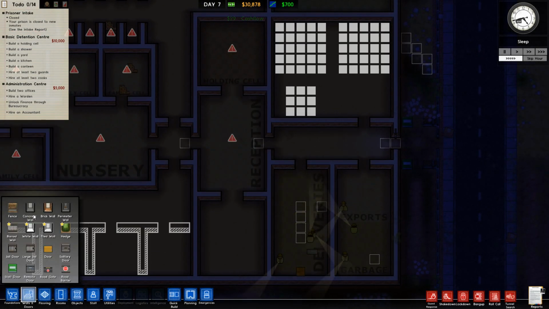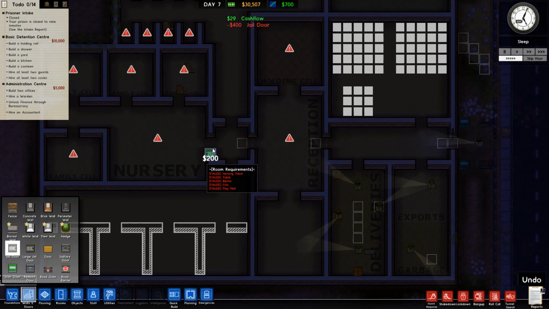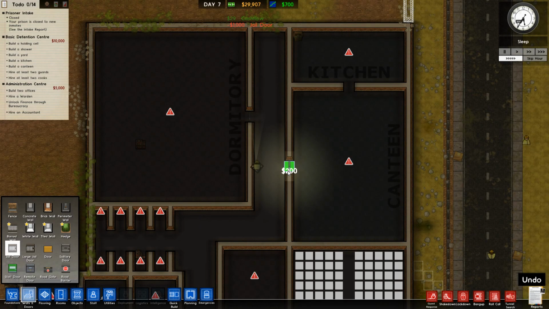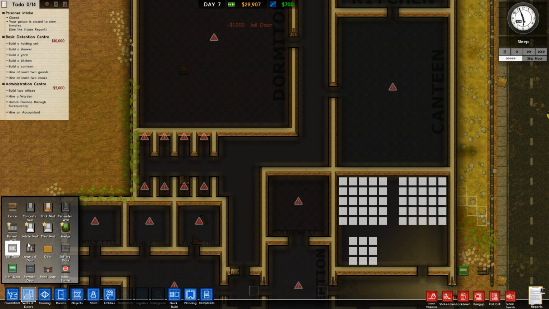Now, next thing, we're going to put in some doors. So we're going to have a jail door here, a jail door here. Staff door probably there, jail door here, jail door here. Jail door on the dormitory. Canteen, no, we're not going to have a jail door there. And we're going to have...